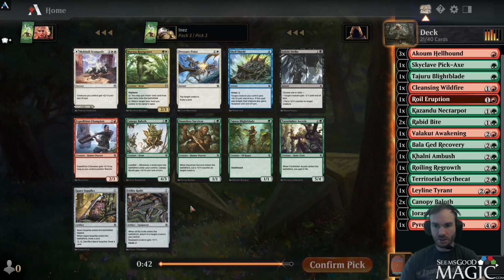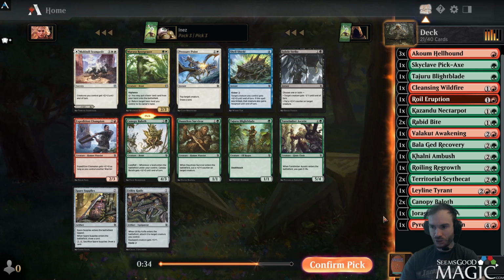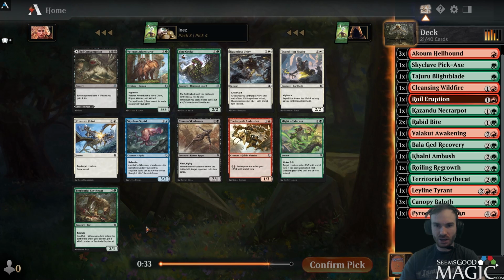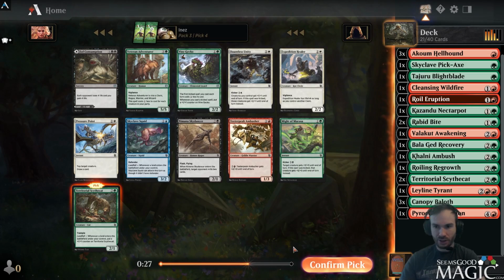Another Root Grazer, huh? Well, probably just take the Baloth. I'm happy to play all of these. They beat down exceptionally well, and I'm happy to run it over like a Visionary at this point if we have too many 4-drops. Well, Veteran Adventurer is very good. There's also Vine Gecko in there and Might of Marasa, but we're going to take the... I don't think I've ever had this many Scythecat, Baloth, Hellhound. We've got a really good...